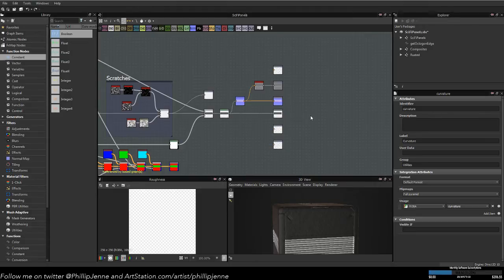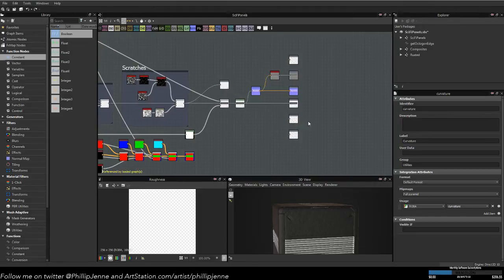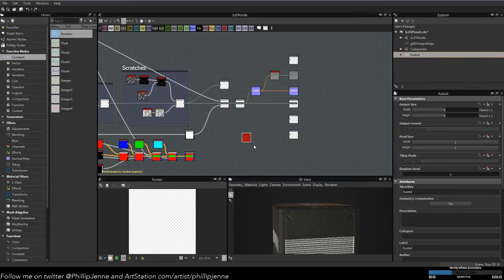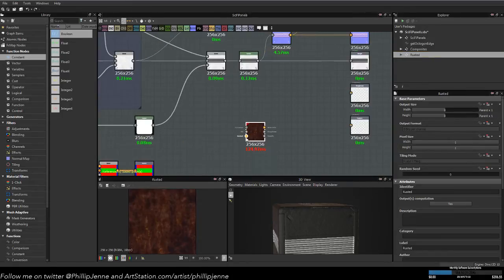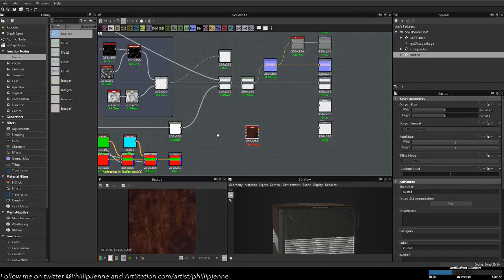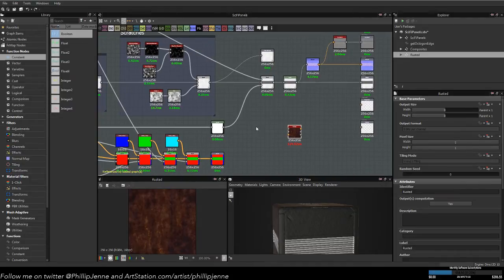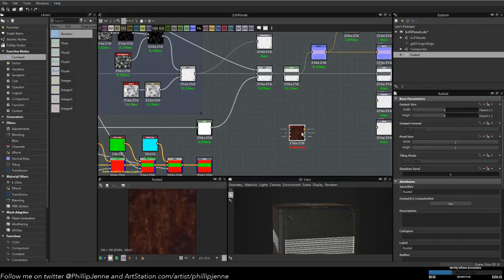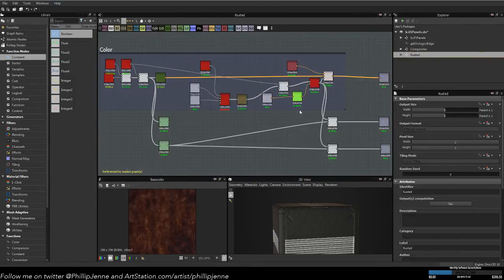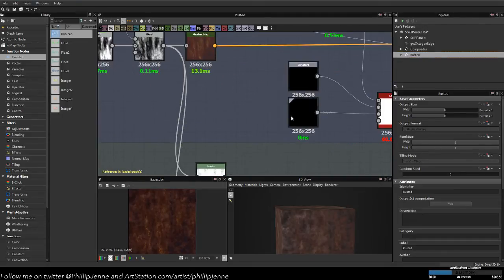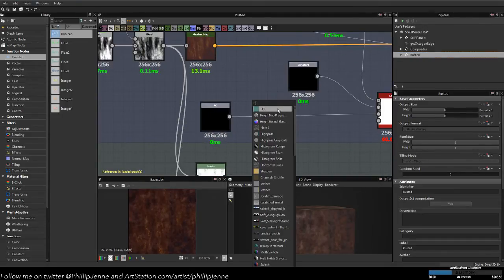Yeah, we can keep curvature as an output. So then we're going to drop rusted in. We're going to need to give it an ambient occlusion. Maybe we wanted to calculate that inside the graph. So instead of giving it an AO,